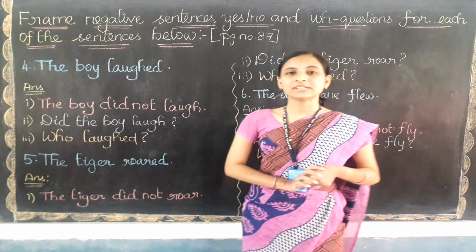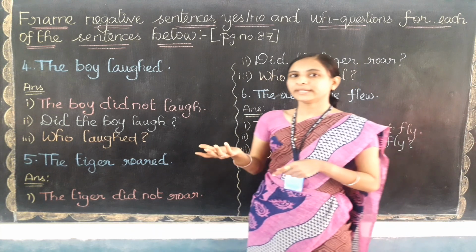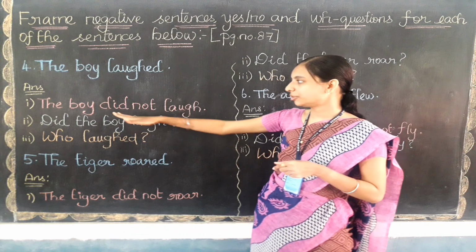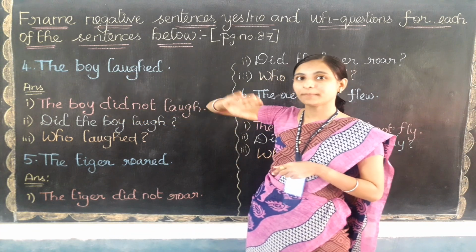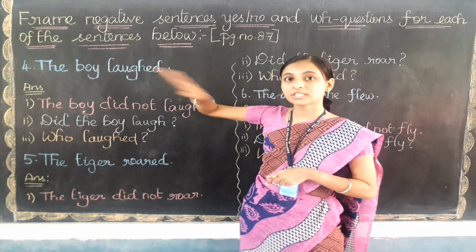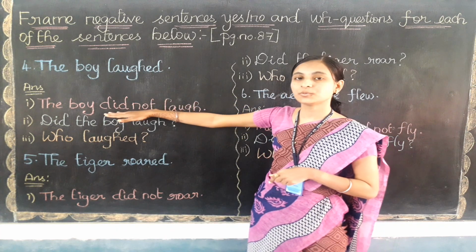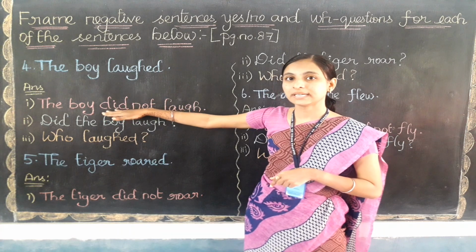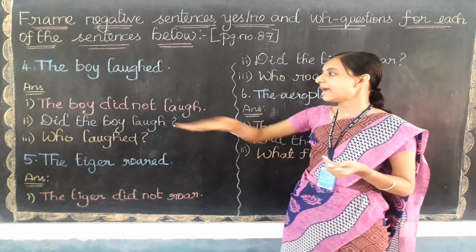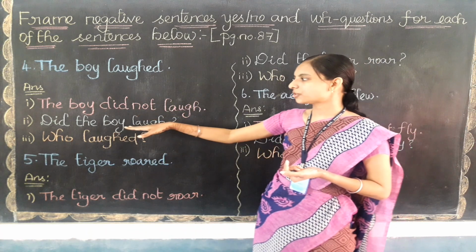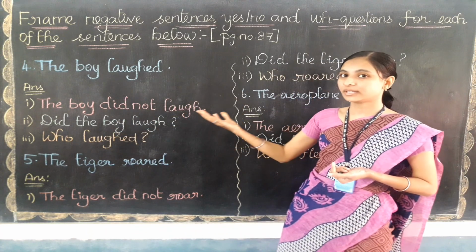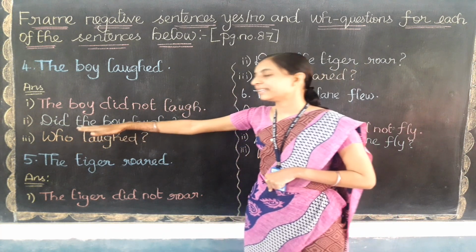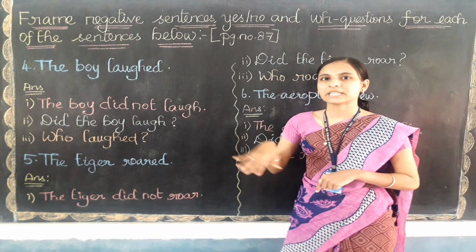So I hope you are clear with this exercise, children. Keep in your mind, whenever you are framing a negative sentence in past, you need to use the do auxiliary verb. Keep in your mind first, if there is no auxiliary verb, then only you will be using the do family verb. In past you will use did, in present you will use do or does, okay, and then you need to use not. For a yes or no question, or if there is no auxiliary verb, you need to use the do family verb and then the subject and then only the base form, okay.